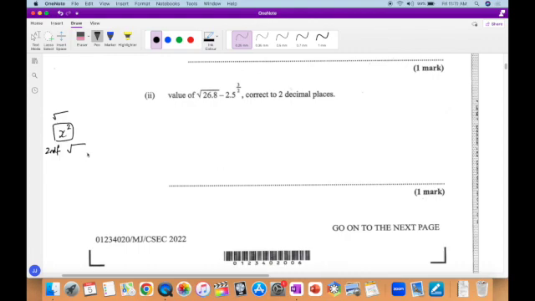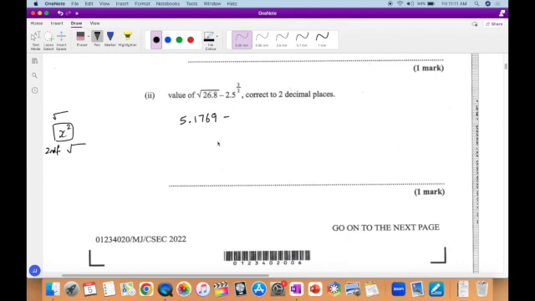So let's find the square root of 26.8. It gives us about 5, and they say 2 decimal places, but let's just go to about 4 just for the working, just to get a more accurate answer, right? 5.1769 minus, and what I'll do is I will put